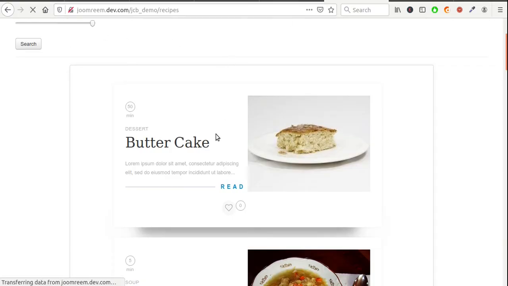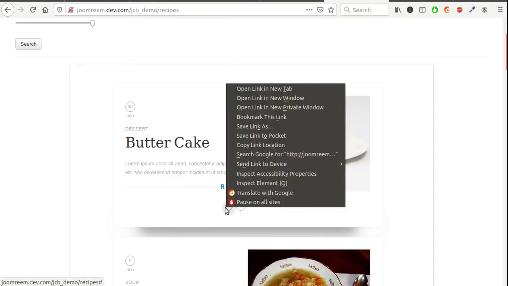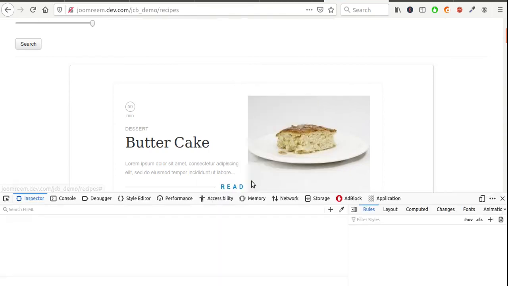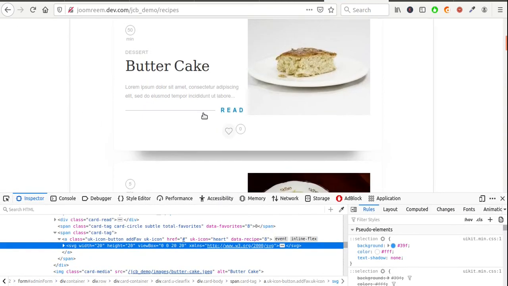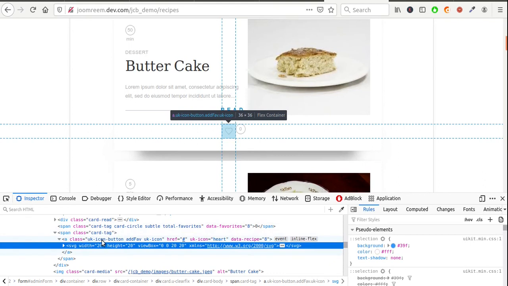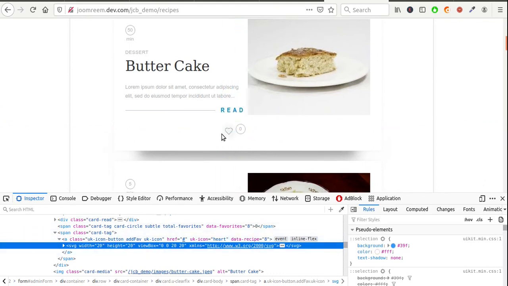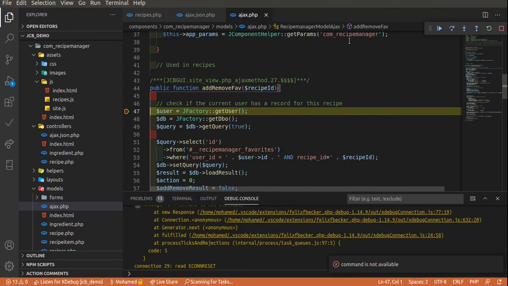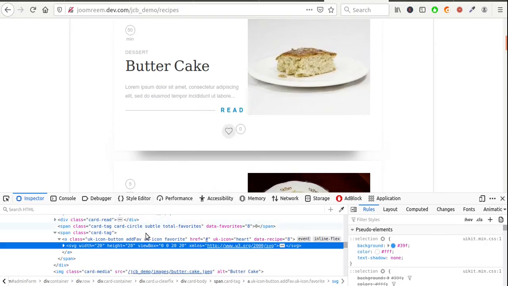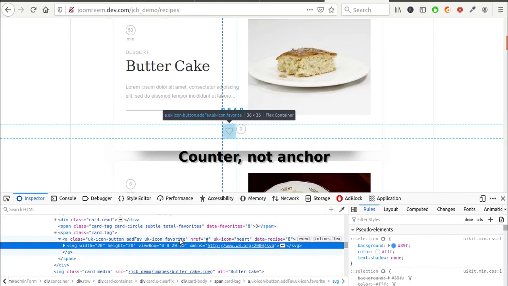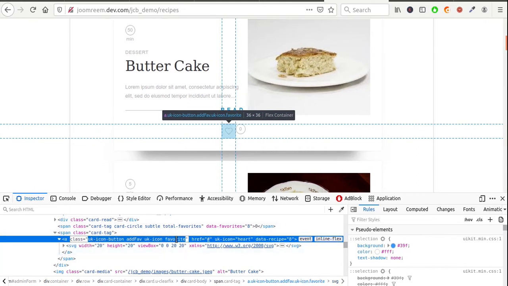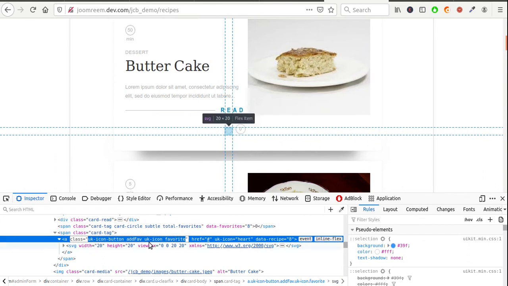Refresh to reload the new JavaScript code. You can see here the anchor element does not have the favorite CSS class. Click to add to favorites. The favorite CSS class is added, but the anchor is not updated. Seems a new bug. Let me check again.